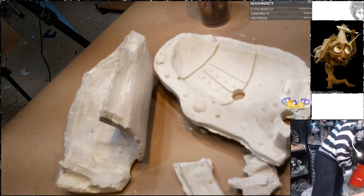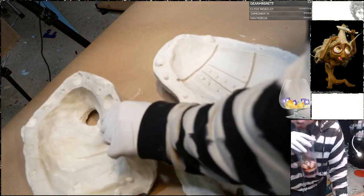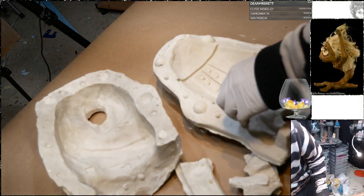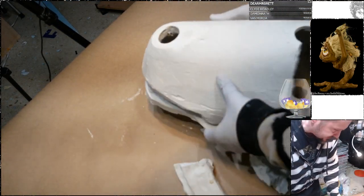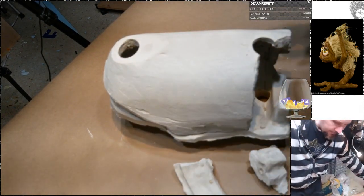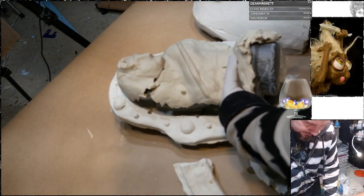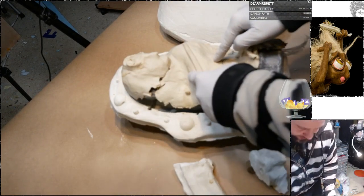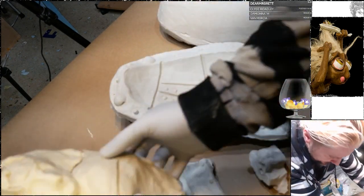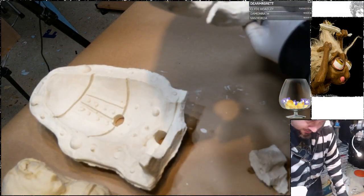Okay. So these pieces basically fit together to make a nice little casket for the piece. It's going to sit in like so, and all this clay gets replaced with rubber. But my problem is all these bits and bobs broke off,